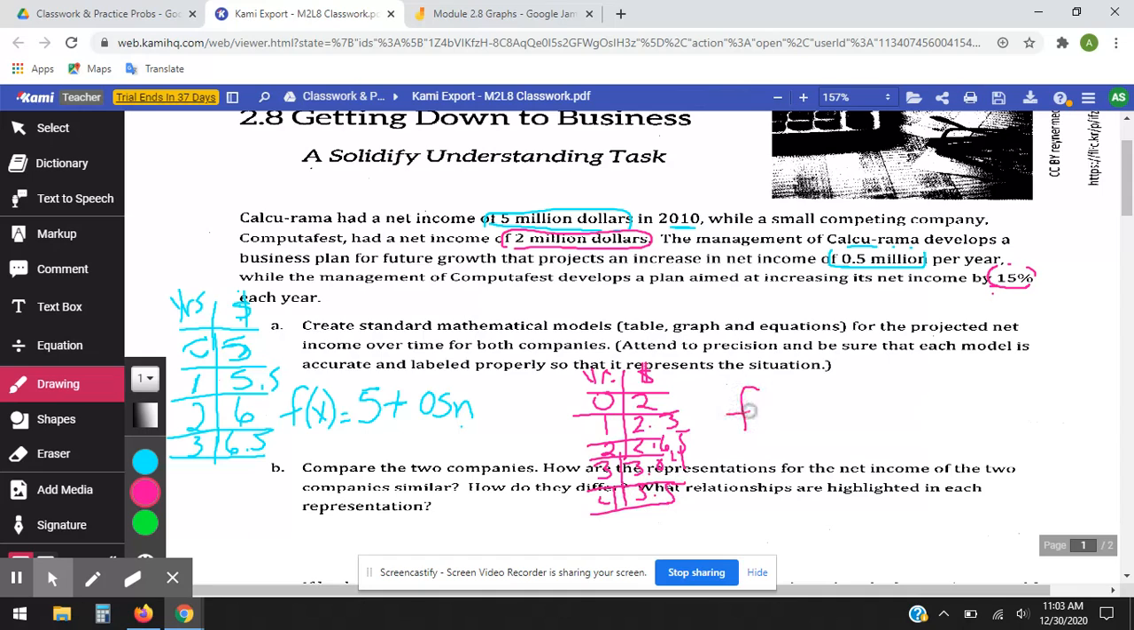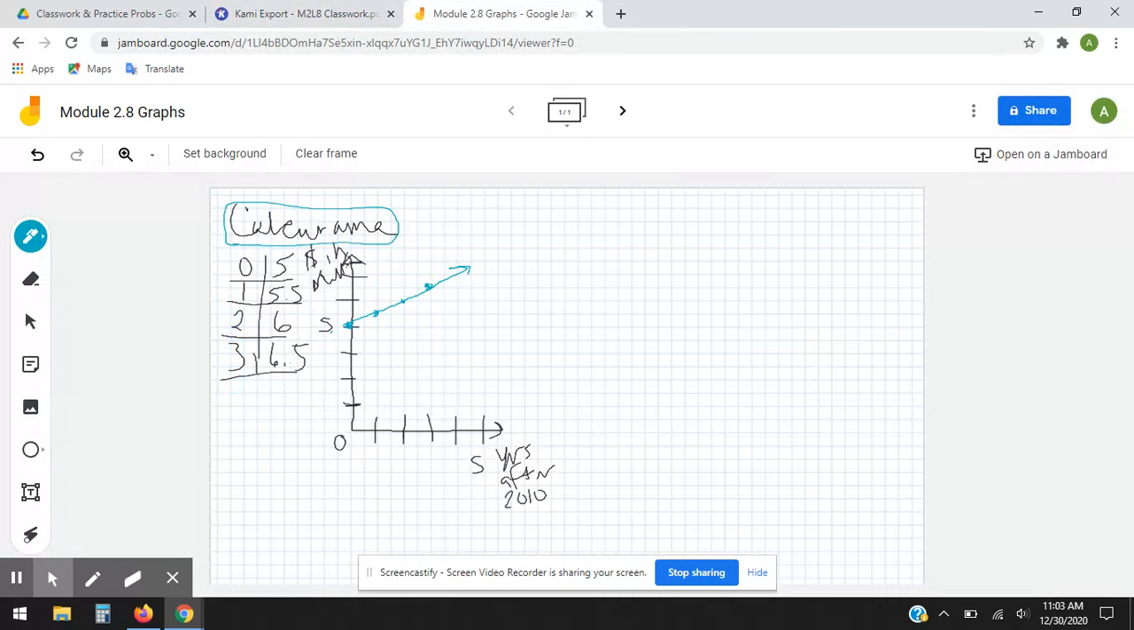Okay, so when I do my equation, I know that I start with 2 million, and I'm going to repeat a times 1.15, 115%, and because it's a repeated multiplication, there's an exponent there. And I don't need the n minus 1 because I've started with the 0. So let's go to the Jamboard, and I'm actually going to put this one on the same graph. So let's go ahead and change back to the black here, and so this is